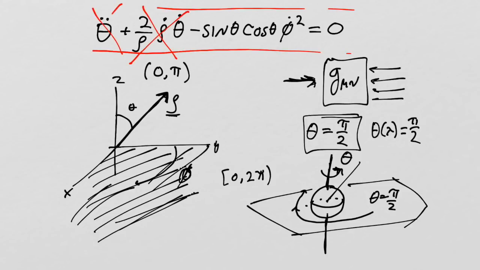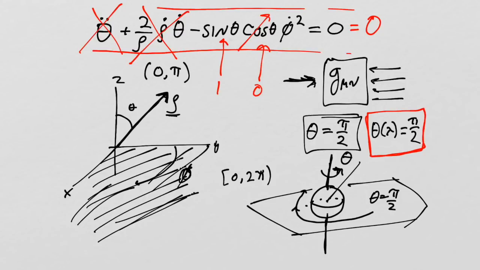Its second time derivative is certainly 0, so that term goes away. And the value of this term equals 1, and the value of that term equals 0, so that term goes away. And this just leaves us with 0 equals 0. So basically this geodesic equation is completely eliminated by this,